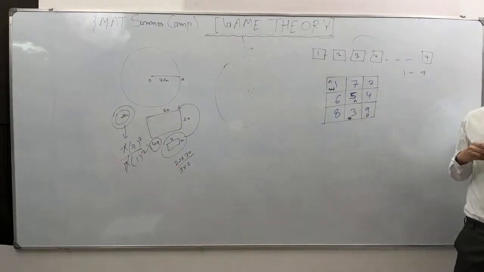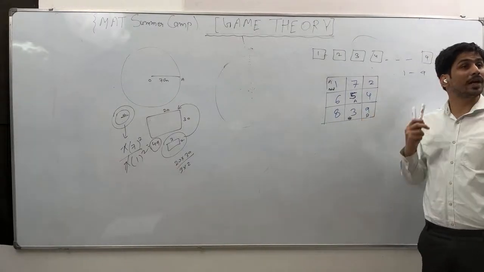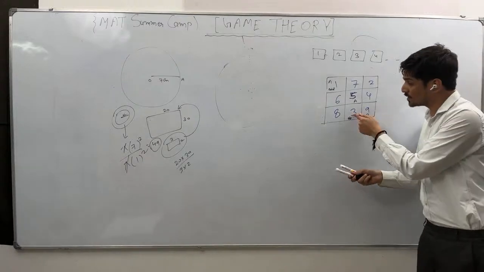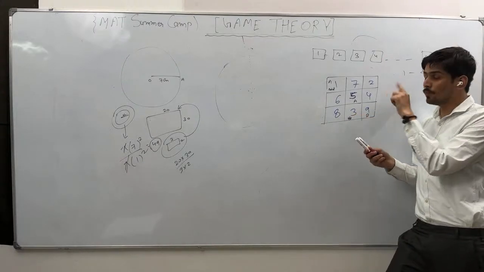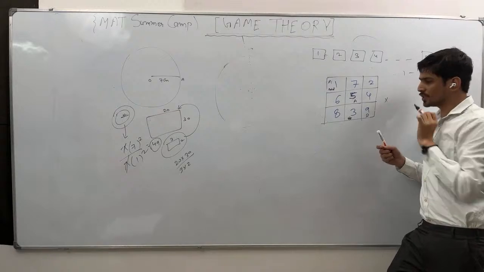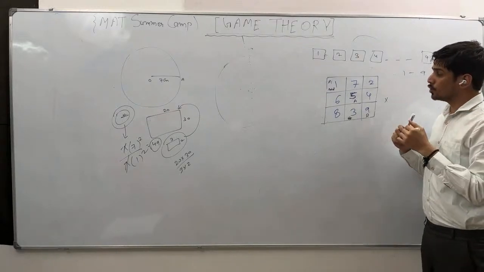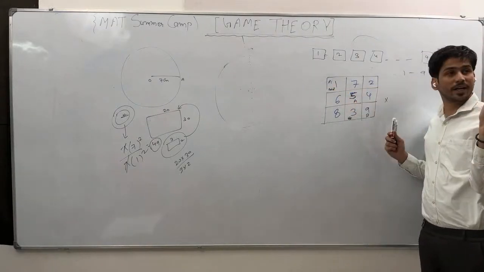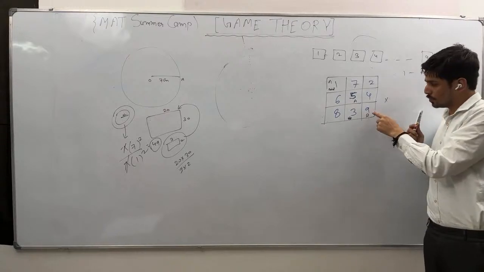Now what will happen? Instead of A winning the game, now A tries to defend the game. Why? Because 9 plus 3 is 12. Now B needs 3, so definitely B can't take 3. Already 1 is taken. Now what will A do? A has already tried, right? Now whose turn? B has taken this.